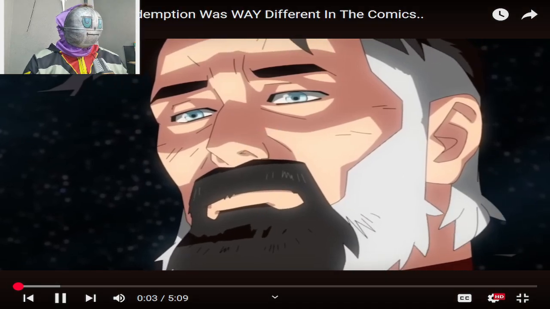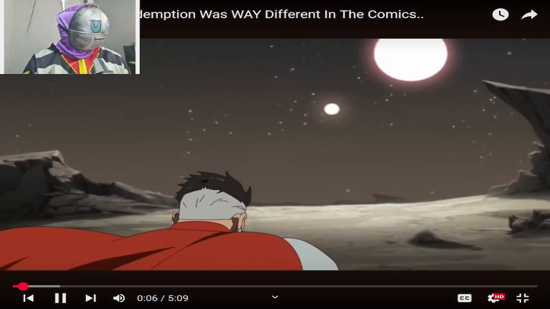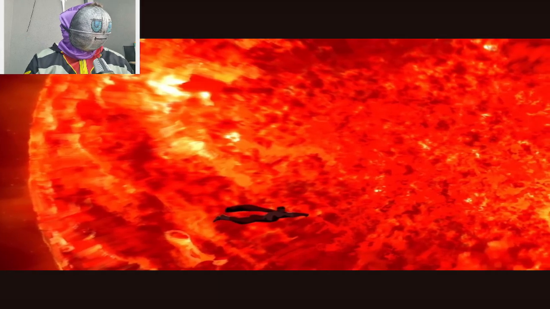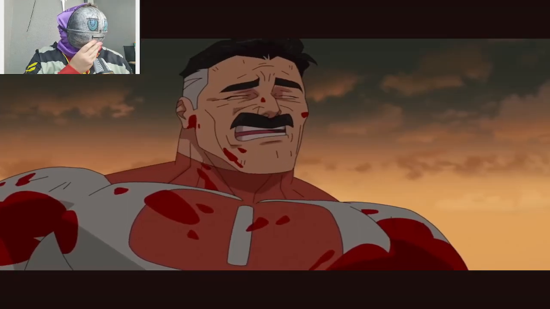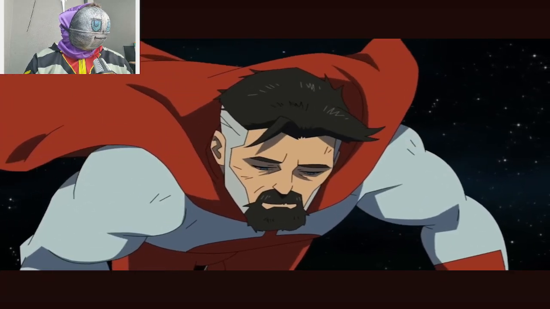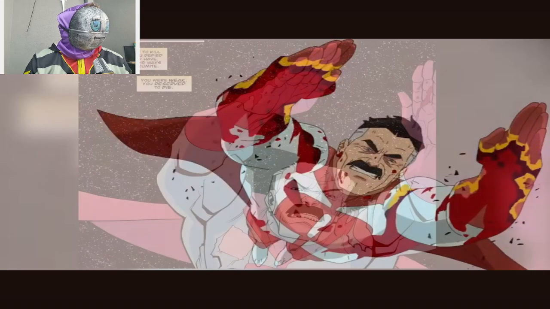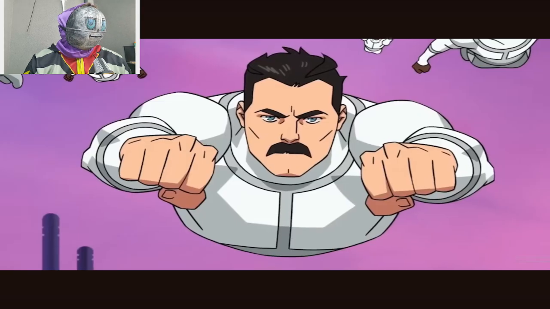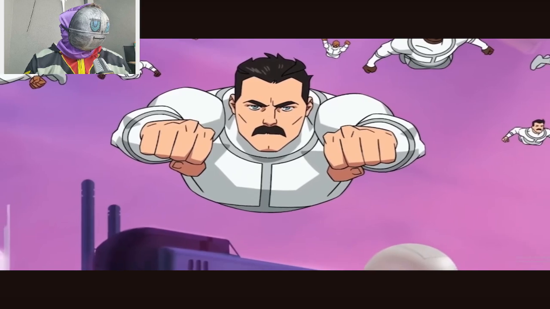Completely different from the comics. In the show's mid-season finale, we get to see one of the most beautifully animated and emotionally impactful scenes of the entire series up to this point, commonly known as the Omni-Man drifting through space scene. But the very same scene happened in the comics, and while at a glance they could appear similar, they couldn't be more different. Before I get into the differences though, we gotta go back and look into the events that